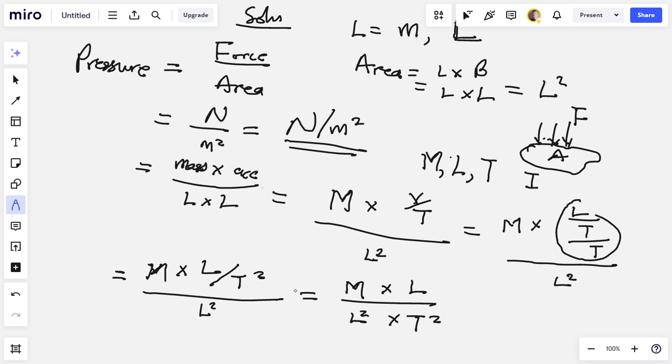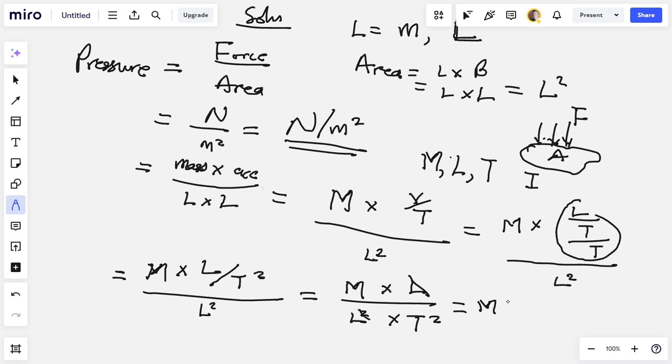This is mathematics. I also have videos on processing fractions in math. So one of this L will cancel one of the L, since there are L times L here. So you are now left with